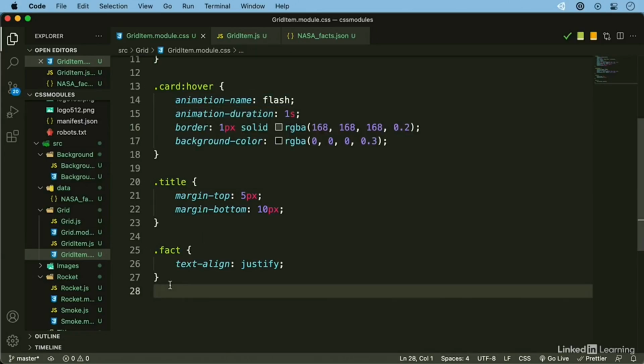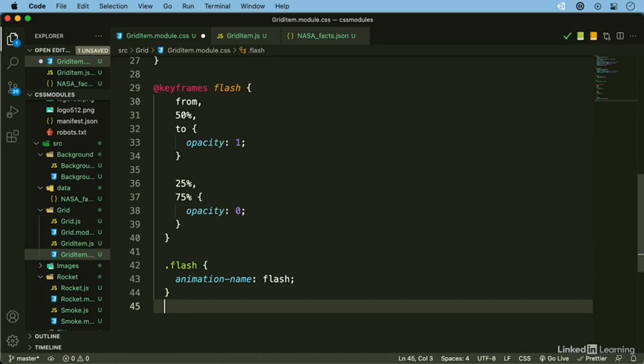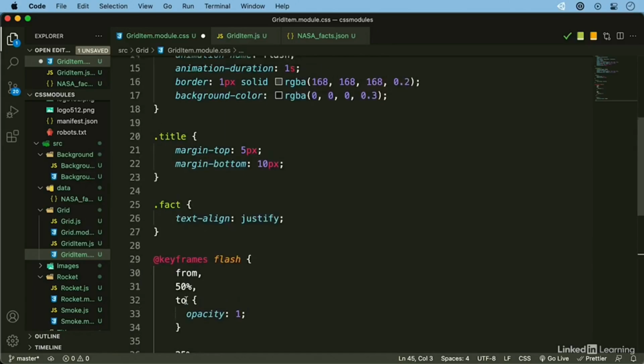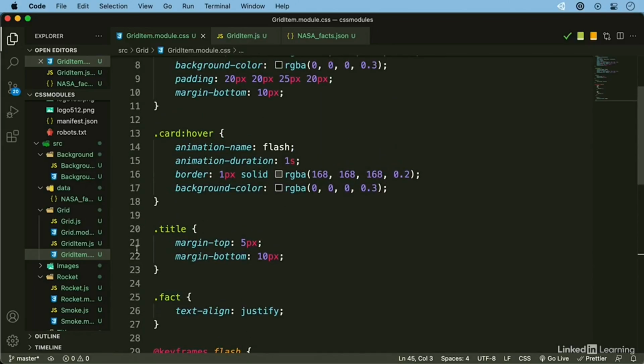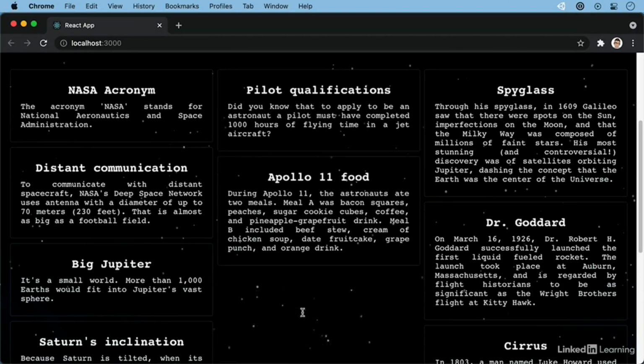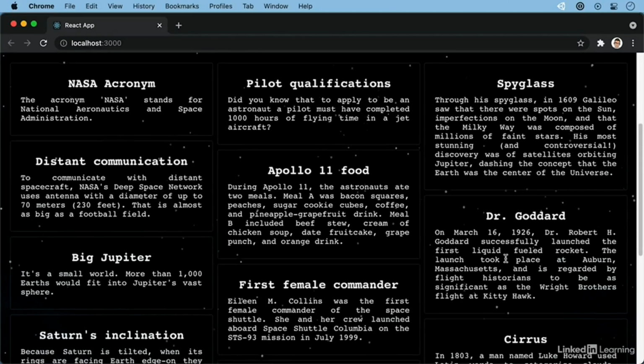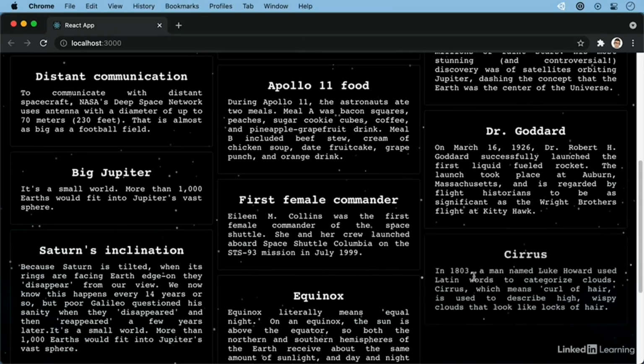And now I'm going to paste the code. And now I have everything I need to do the Flash animation. So I'm going to save this and then go back to the website and reload. And now whenever I hover over any of the cards, it's going to do a Flash animation. So if you were to do a rubber band, it would do rubber band and so on and so forth. So this is a quick way to add really cool animations to any of your applications inside of React by leveraging